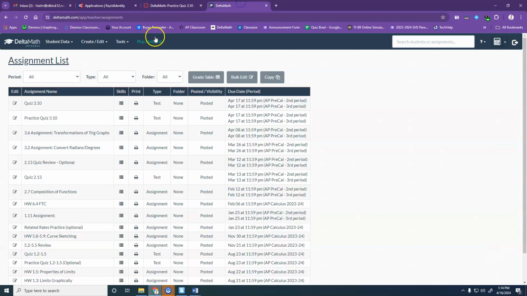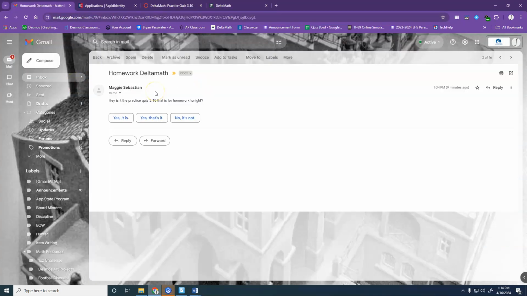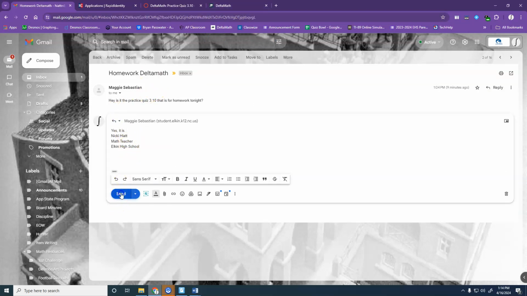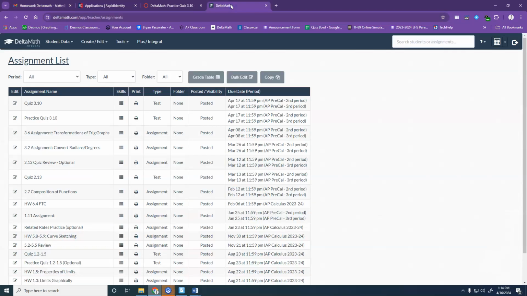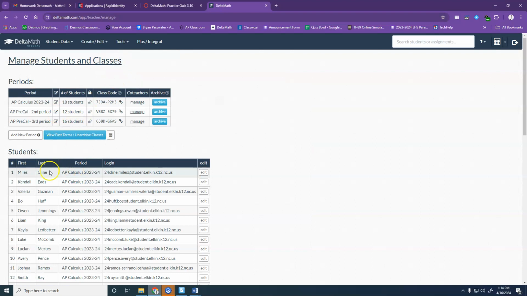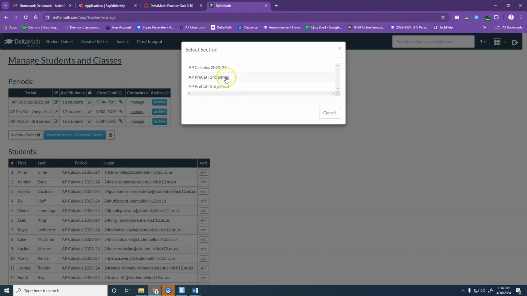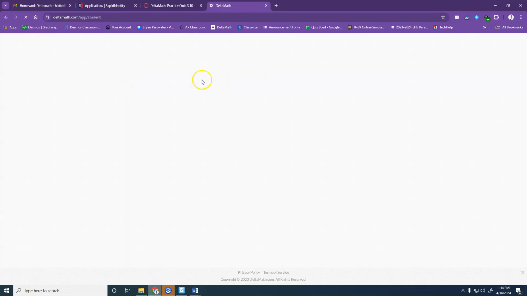Tonight, what I want you to do, even though I just got an email about this. Yes, okay. Yes, it is. Okay. I had it password protected, but I think I've got it fixed now. On your Delta Math, let's see. Oh, wait, wrong thing. Sample student page. On your Delta Math,